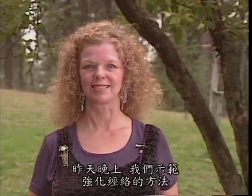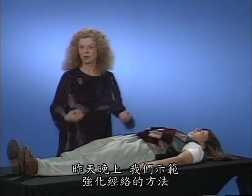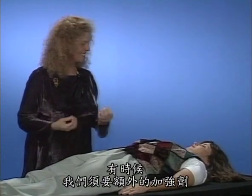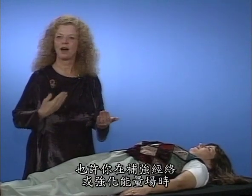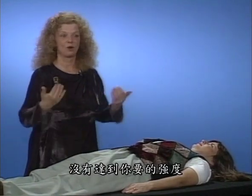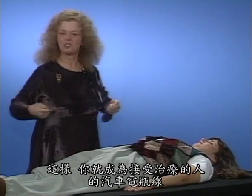2 or 3 minutes. Last night, we were showing ways to strengthen meridians. And one of the ways is with acupressure points or acupuncture points. Sometimes you just need an added boost. Maybe you're working on a meridian, or you're trying to strengthen a force field in your own body, and it's not getting as strong as you want. And that's the time, I think, to go to acupressure points, because it's like you become a jumper cable to